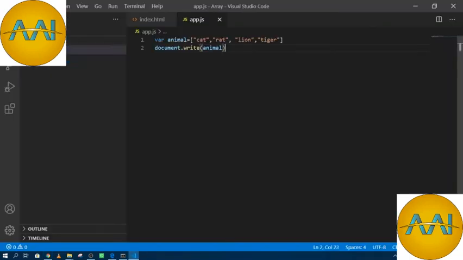Now what we do, first I comment my document dot write. Then if I want to delete the last name, like tiger, I want to remove tiger from this array, so what should I do?